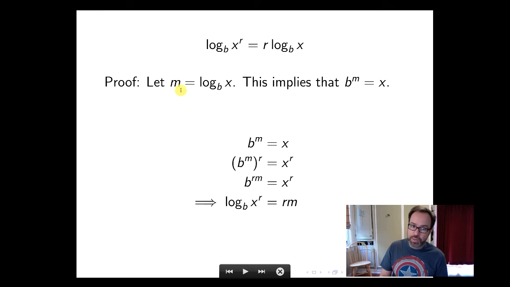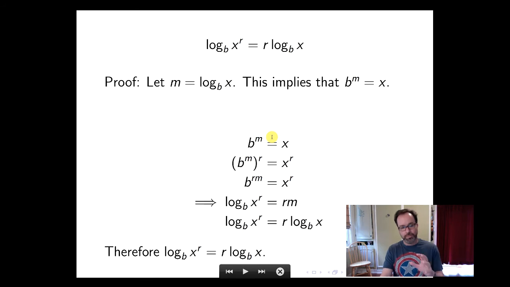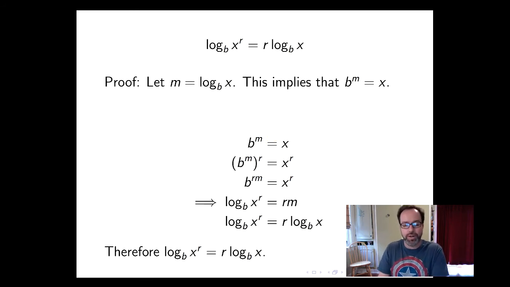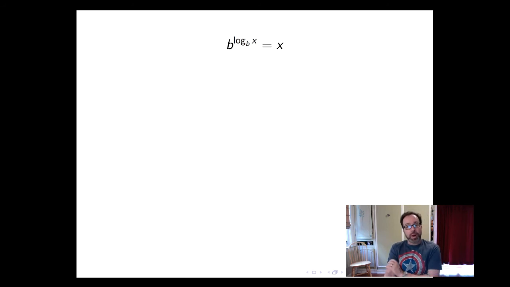Then if I resubstitute in the value that I had for m over here, I would get that the log base b of x to the r is equal to r times the log base b of x. So that's the proof of the third property. Therefore, the log base b of x to the r is equal to r times the log base b of x. The fourth property says that if you've got a base and you have an exponent that is a logarithm